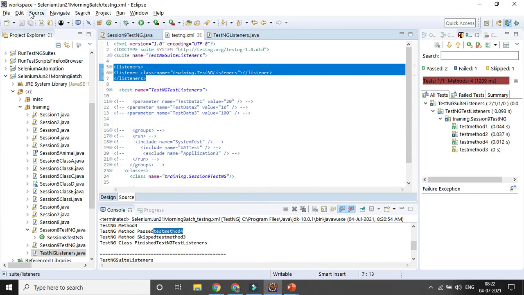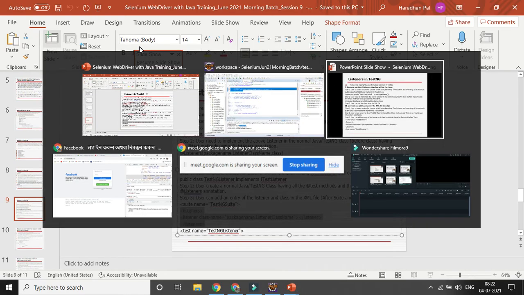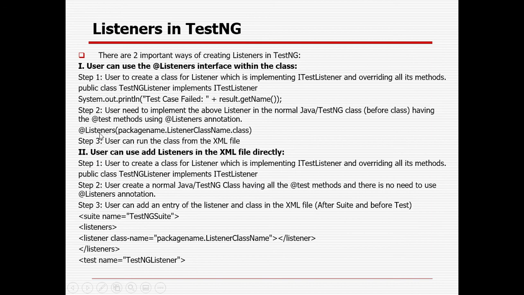So the other way is, instead of that one, I will be using the listeners annotation for the class level. So first we will be adding the listener class, implementing the listener interface in a class. Then the user needs to implement the above listener in a normal Java or TestNG class, having the @Test and method, only with the listener annotation.